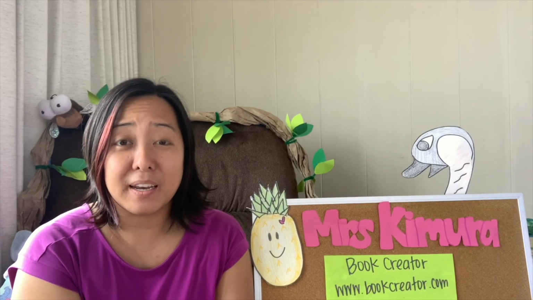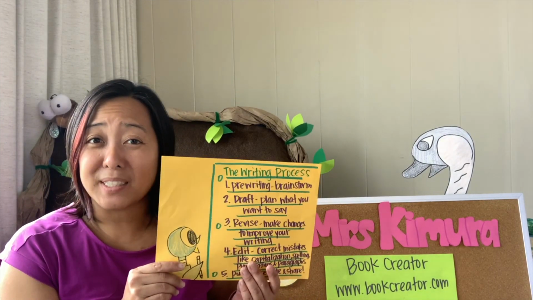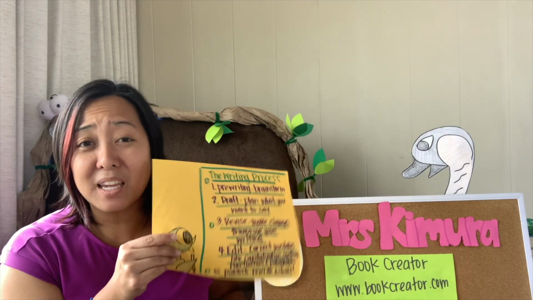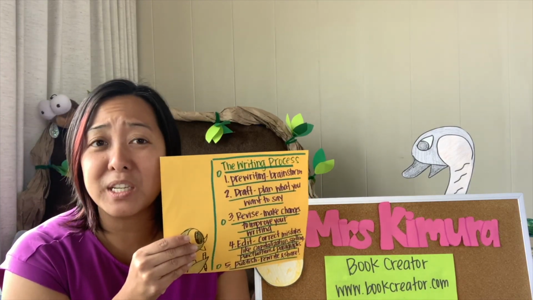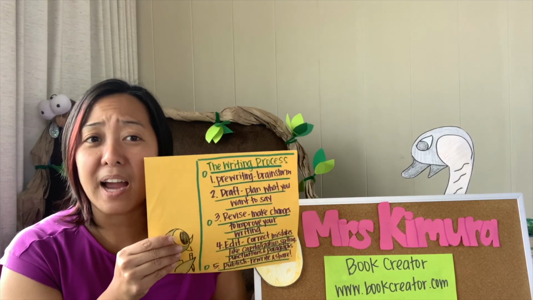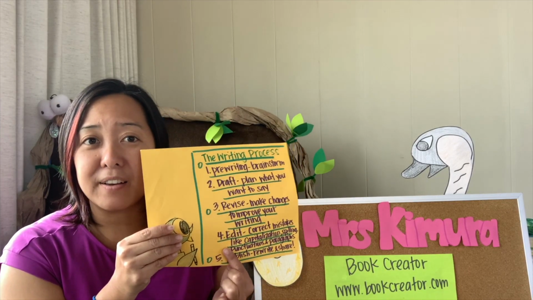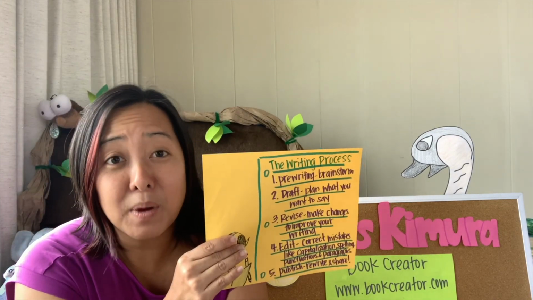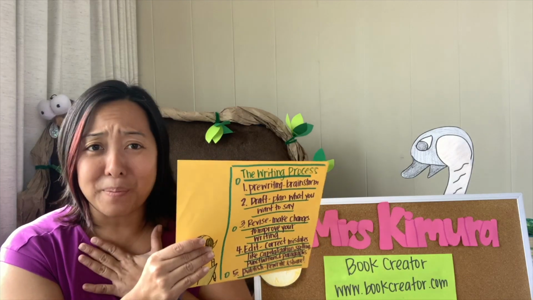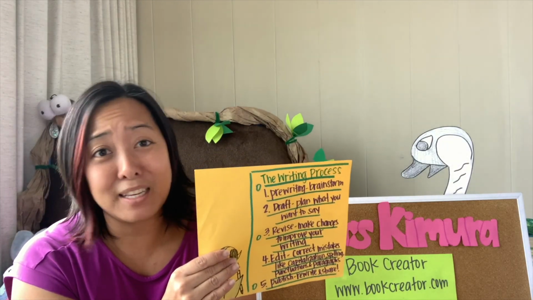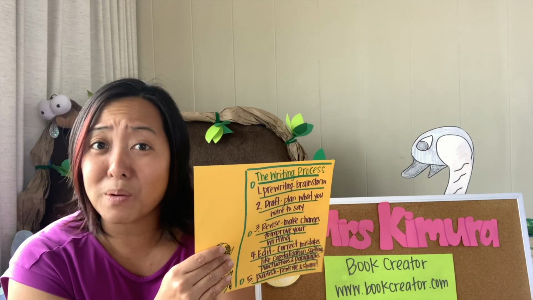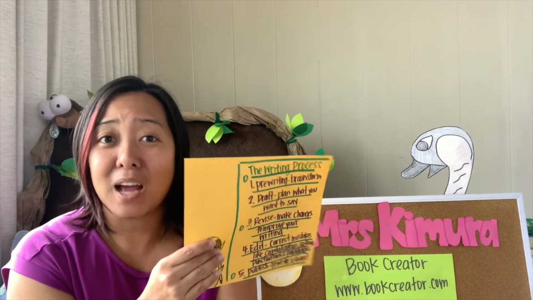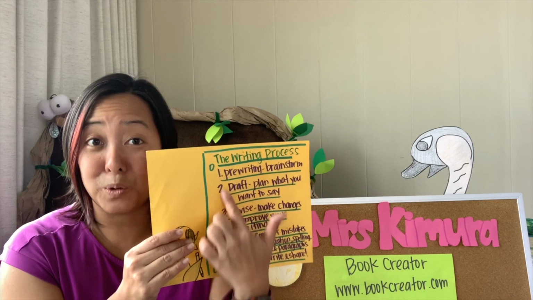And this is episode 3. I don't know if you noticed that on episode 2, I had to update it. Remember how I told you to use the writing process? Well, guess what? Mrs. Kimura forgot to do an important step when she wrote, "Don't let the pigeon go outside." She forgot number 4. Mrs. Kimura spelled something wrong. And guess what? Mrs. Kimura is human and she makes mistakes. And you know what? This is a teachable moment. We are not perfect, but we can learn from our mistakes and remember to do the writing process when we're